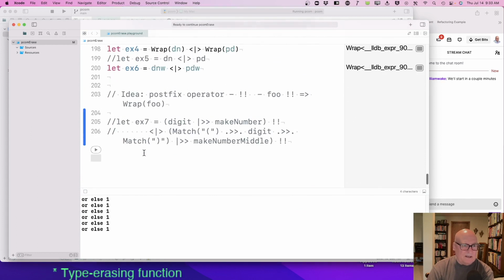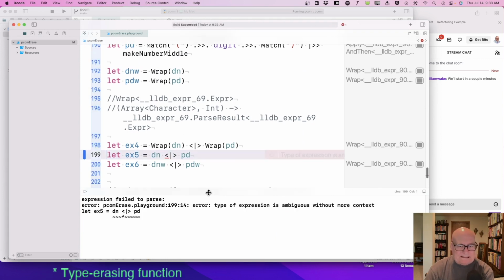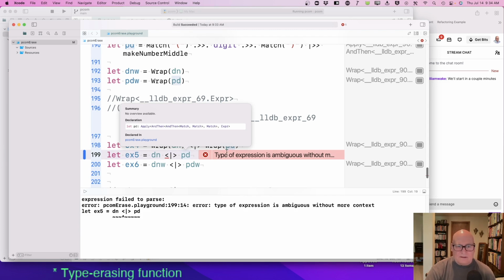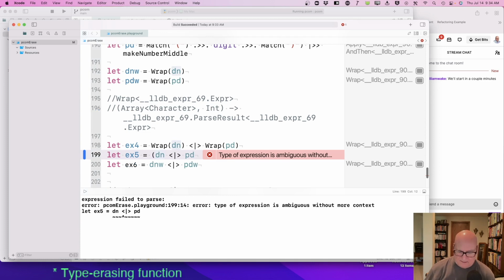I think we commented out X5 again. Yes. Oh. DN apply match expert. PD apply a bunch of stuff. Oh, more context. I don't think it's an issue of parentheses. Sorry for the background noise, by the way. Hope Mike's not picking it up.